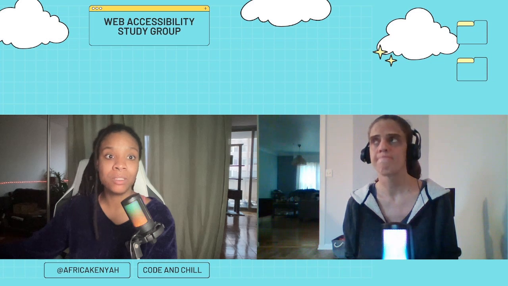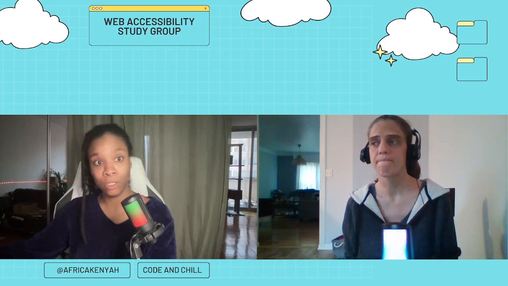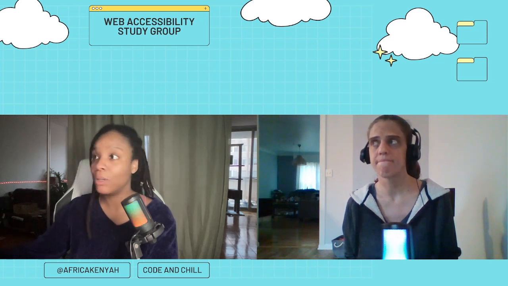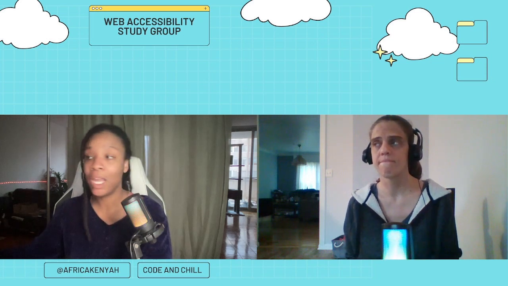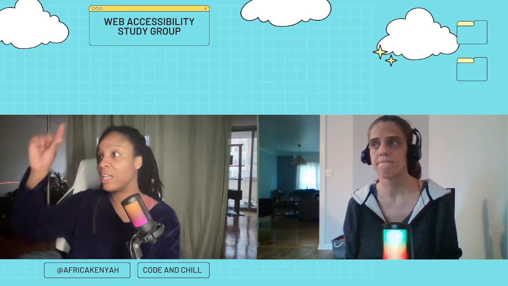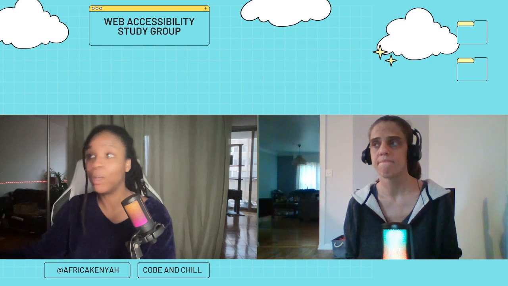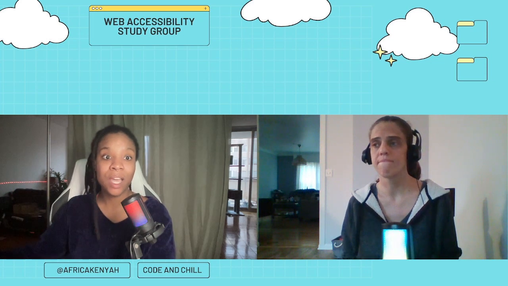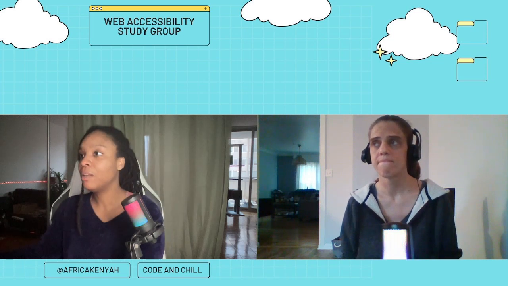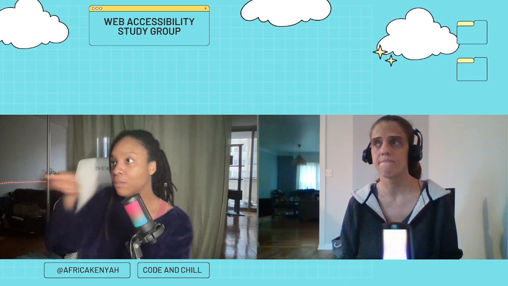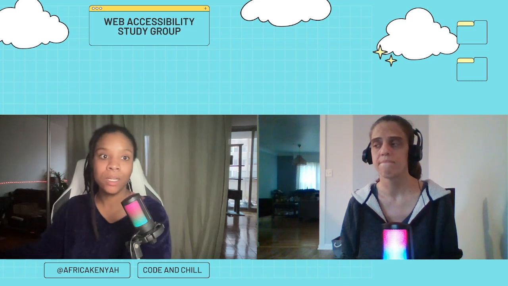So navigable means that there's bypass blocks that actually work, that there's a page title, the focus order is good, the links all have a purpose in the context of it. It doesn't just say click here. It says whatever it is it's going to take you to. There's headings and labels. When I'm using the tab, everything is highlighted with a visual focus, right? We're making sure that there's section headings, right?